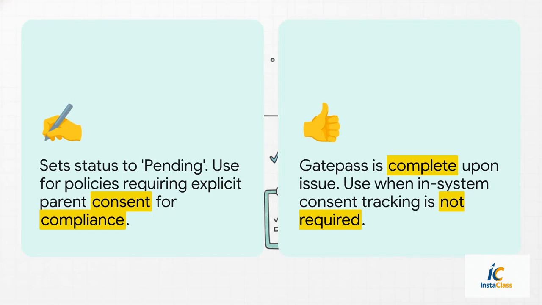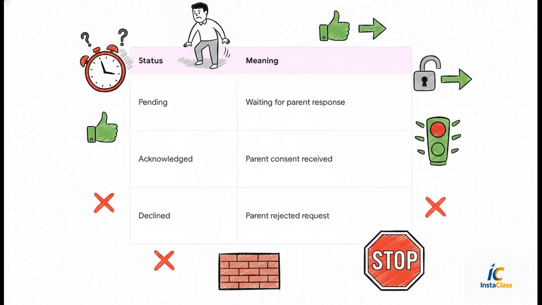Step 5, parent acknowledgement. This is all about whatever your school's policy is. If you have to get and track explicit consent from the parent inside the system, you're going to flip acknowledgement required to on. That automatically puts the pass in a pending state. But if your policy doesn't require that, just leave it off, and the pass is good to go as soon as you issue it. Now, if you do use that acknowledgement feature, you're going to see one of these 3